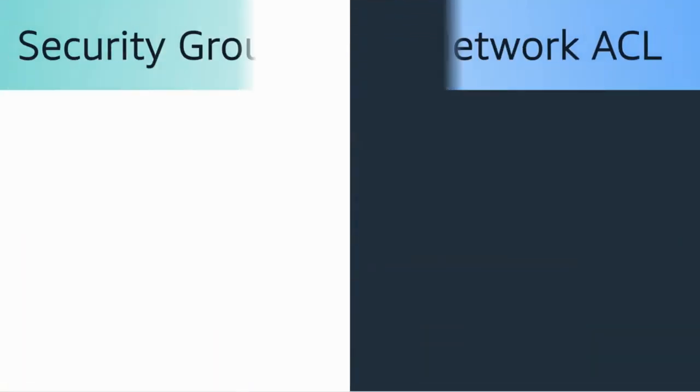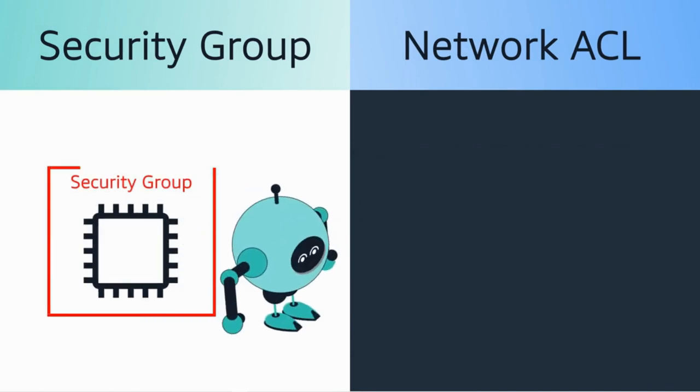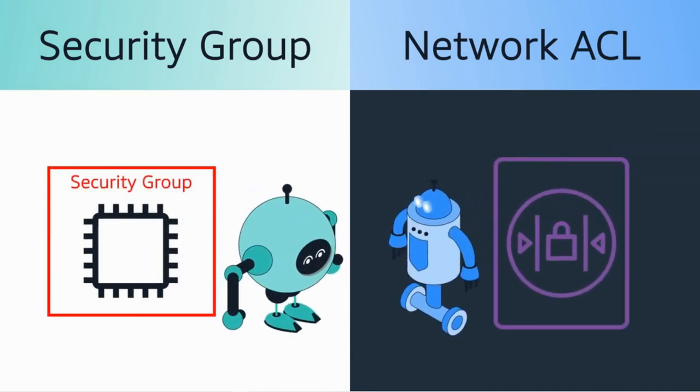Now, wait a minute, Blaine. You just described two different engines, each doing the exact same job: let good packets in, keep bad packets out. The key difference between a security group and a network ACL is the security group is stateful,